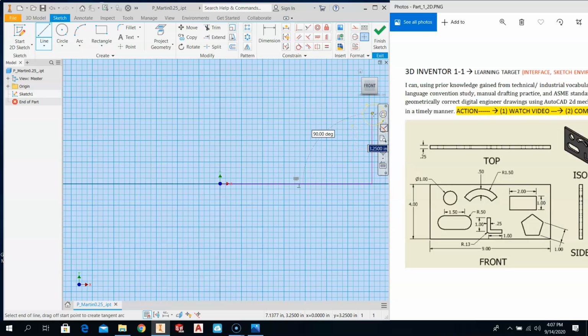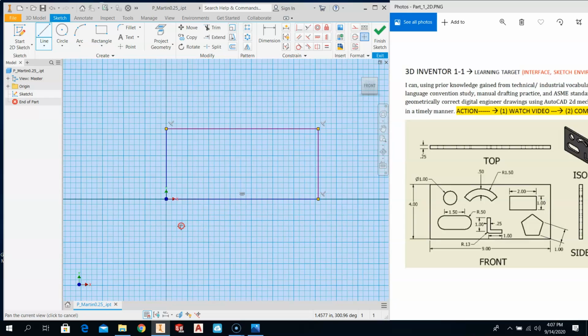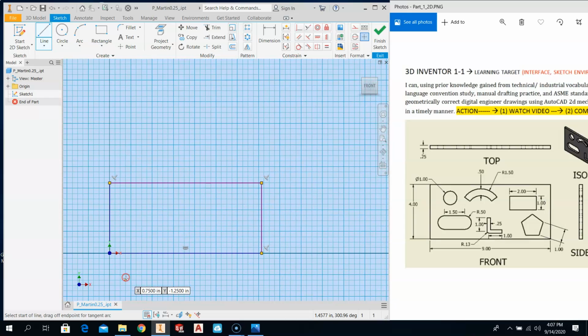And again, this is one of the things with this. I want to make sure I'm at 90 degrees, 3.25. Back here horizontal. And then back down to close this up. Make sure it turns green. You close that up. So I'm going to drag this down here so I've got a better work surface. Now, if I had enough on here, I could have drawn it 9 by 4,